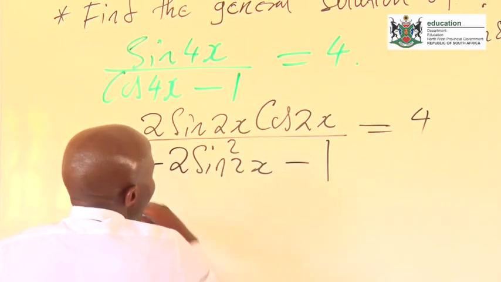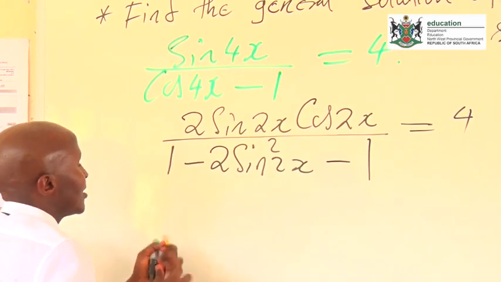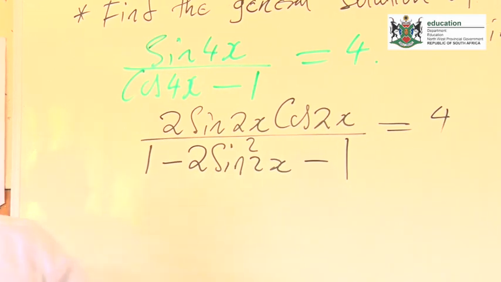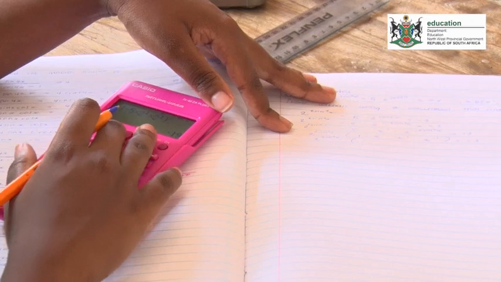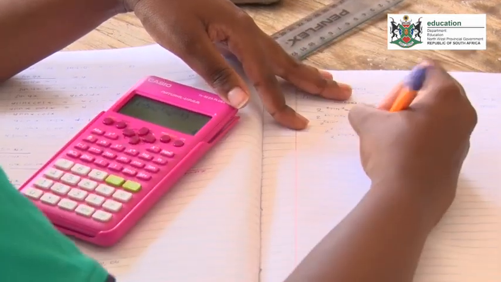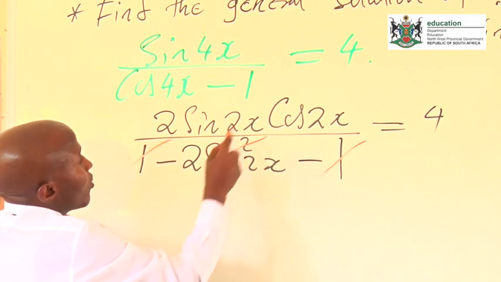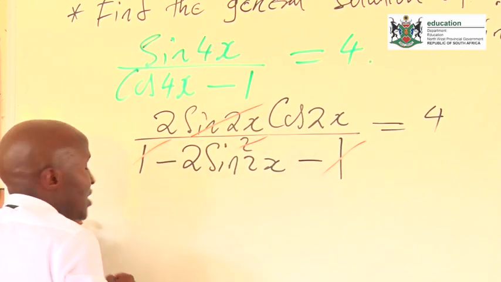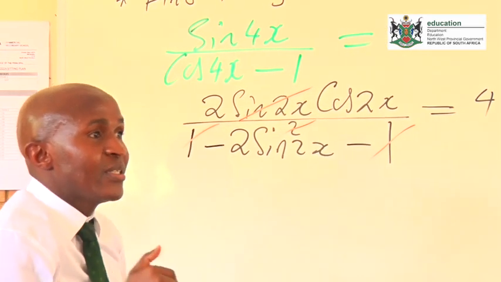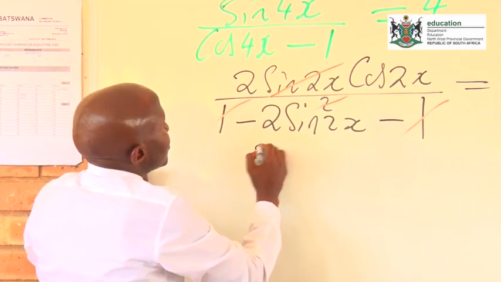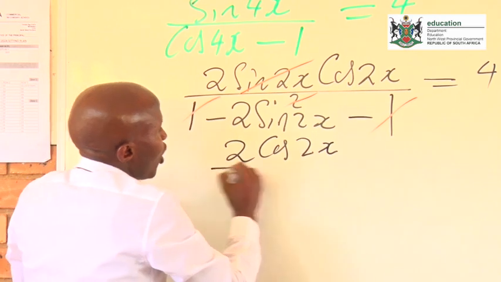4. Your algebra must kick in immediately. Obviously, 1 minus 1 is 0. Do you agree? So this will go. Then I'll be left with the numerator divided by the whole of that. So do you agree that one of these will go? Yes, because now I can divide. Remember, you are only allowed to cancel when you divide. So I'll be left with 2 cos 2x. Do you agree? All divided by